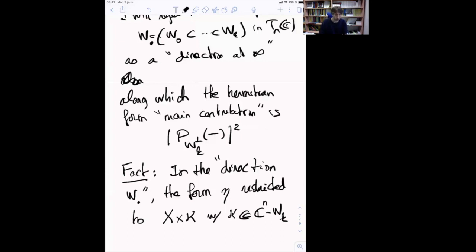So when you have a point Z in kappa, it's a compact subset outside Wk, so it has a non-zero projection. I mean, the projection on the orthogonal to Wk is non-zero with a uniform lower bound, and so the form eta extends to a closed form